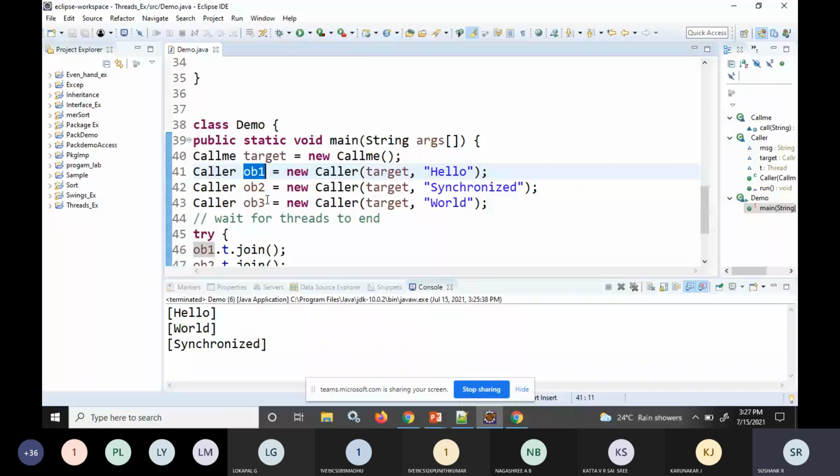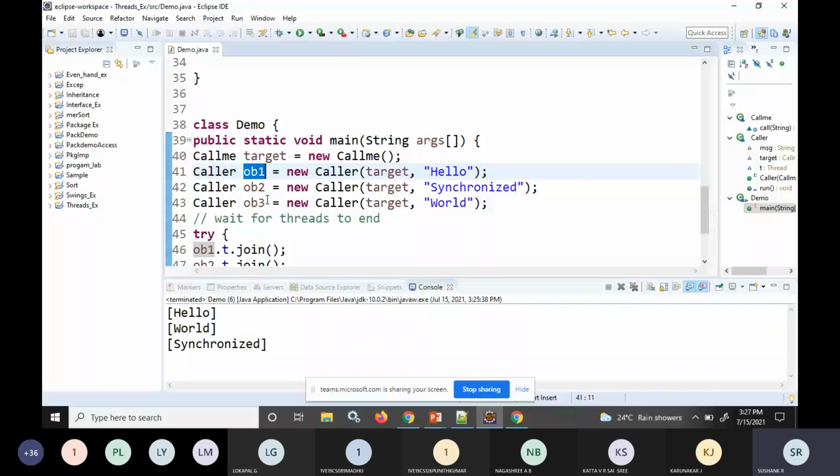So the wait method tells the calling thread to give up the monitor and go to the sleep state until some other thread comes inside the same monitor and calls the notify function. We have notify and notifyAll functions. Notify will wake up a single thread which called wait on the same object, whereas notifyAll will wake up all the threads that called wait on the same object.